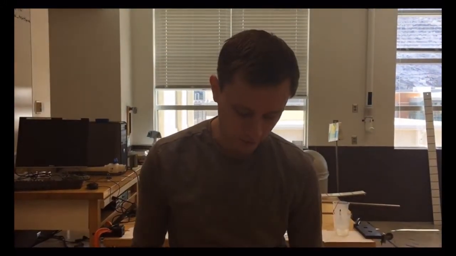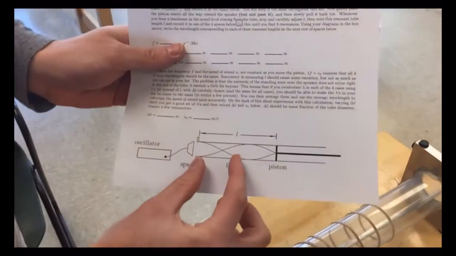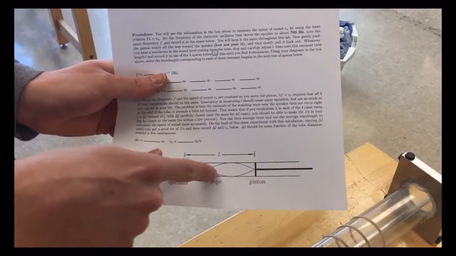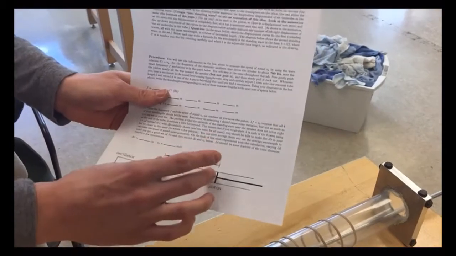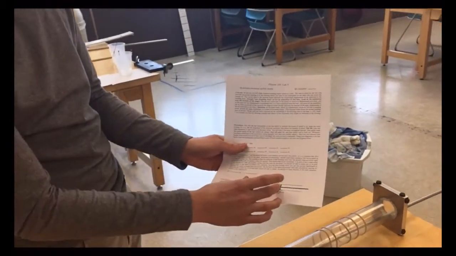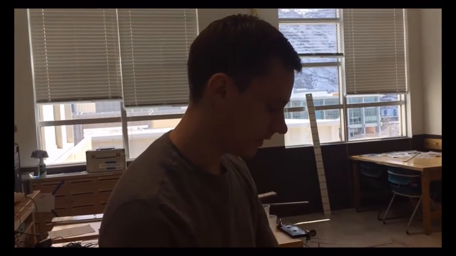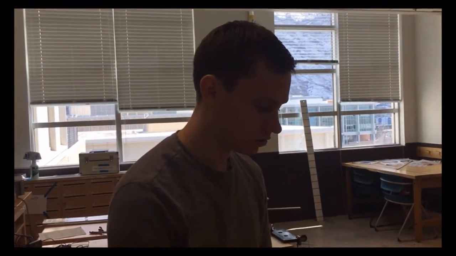You should have, in the beginning, drawn out, in similar form as this, what the waves would look like for the first 4 positions, and then based on that, you should be able to calculate the wavelengths. And then from there, you can just do some numeric approximation to try to compensate for